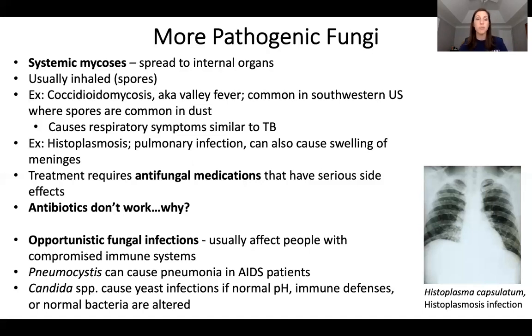Another example of an opportunistic fungal infection that's much less serious is that caused by Candida. And Candida species are pretty ubiquitous. They are present in your body, on your skin, and your mucous membranes. And generally, as long as your pH levels are balanced and your bacterial communities are healthy, your microbiome is in good shape, the yeasts sort of are held in check.